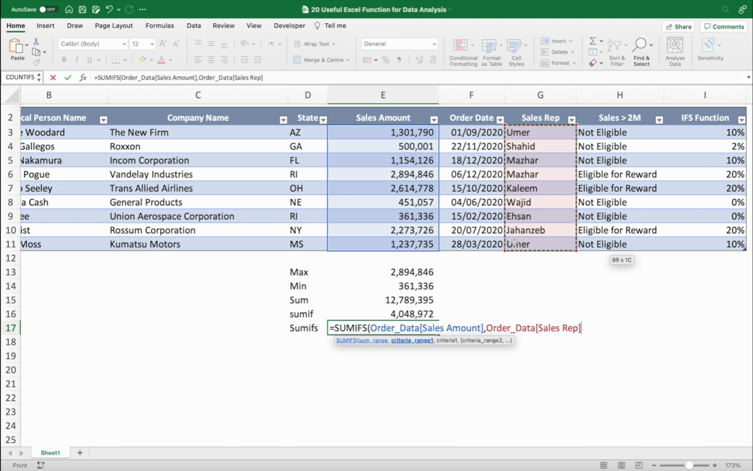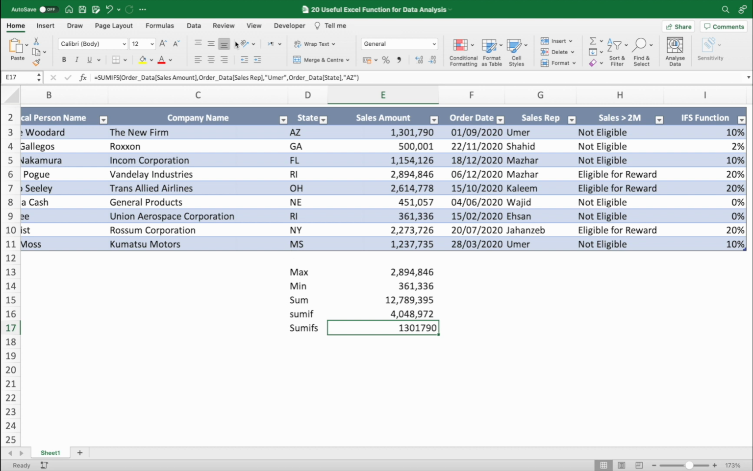Okay, and comma, criteria. What is the criteria for this range? That is Umar, okay, comma, criteria range 2. This is our criteria range 2, comma, and what is the criteria? The criteria is AZ, Arizona State. At the moment we have only 2 conditions, but we can add more conditions. Enter. And now we have the result, 1.3 million something, sales by Umar in